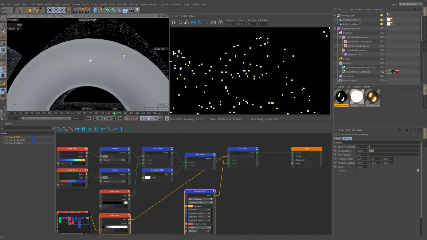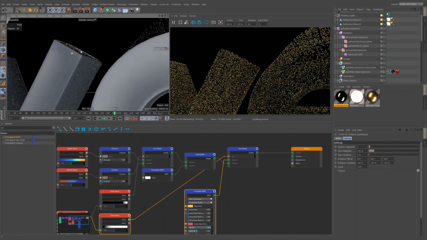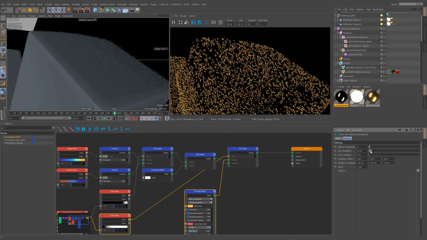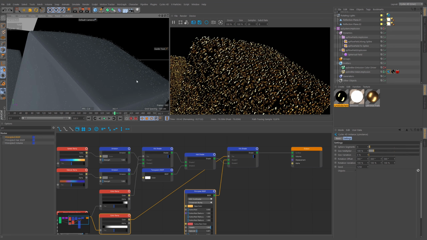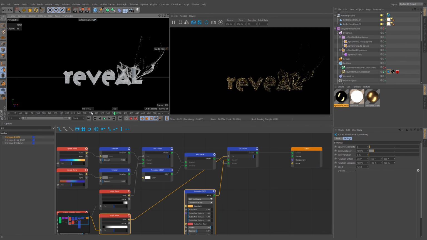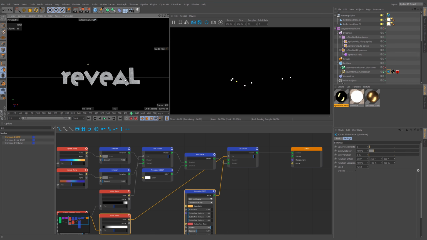Excellent. So if I zoom in, just to some particles here, you can see that catching the light quite sharply, and I think this is where we're going to have to orient the lights in a specific way. But you can see we could also drop the radius down if we wanted, all that kind of cool stuff. But I'm pretty happy with that. It kind of forms the logo. It's very readable. And there we go. So as long as you've got enough particles to coat it, you're going to get that